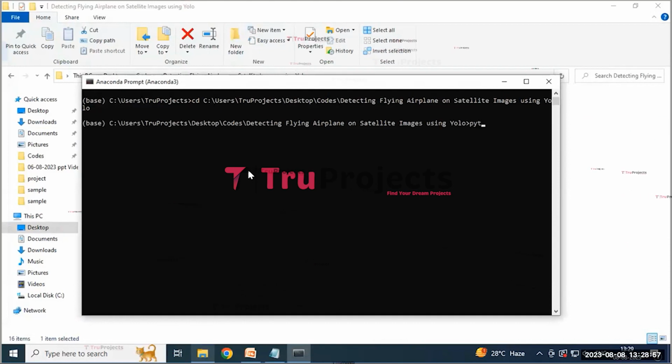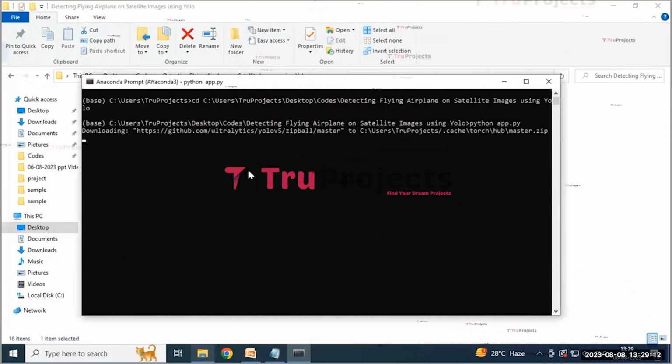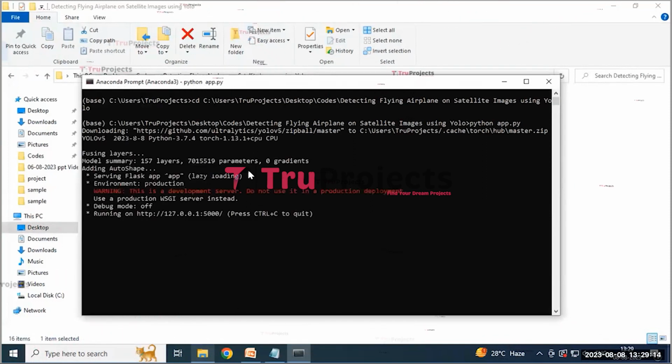Here we need to write the command python space app.py. By using this command, it will execute the Python script and perform a runtime check for any syntax errors or logical issues. And then click on the enter button. After running this app.py file, the Flask framework will host the application locally at the default address like this. We need to copy this link and paste it in the web browser of our choice,